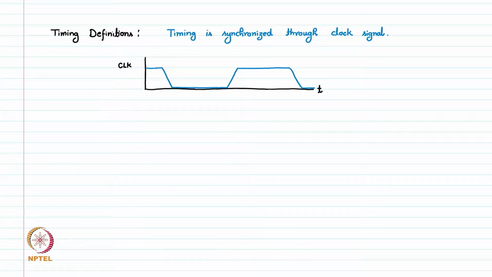It has high time for which the clock is high, then we have off time where this clock is low, and then we have transition. So, the clock is not very sharp because there are so many places this clock is going, and because of very heavy capacitive loading the clock generally does not have very sharp rise and fall edges. So, these are fall and these are rise edges of the clock. Now, we see